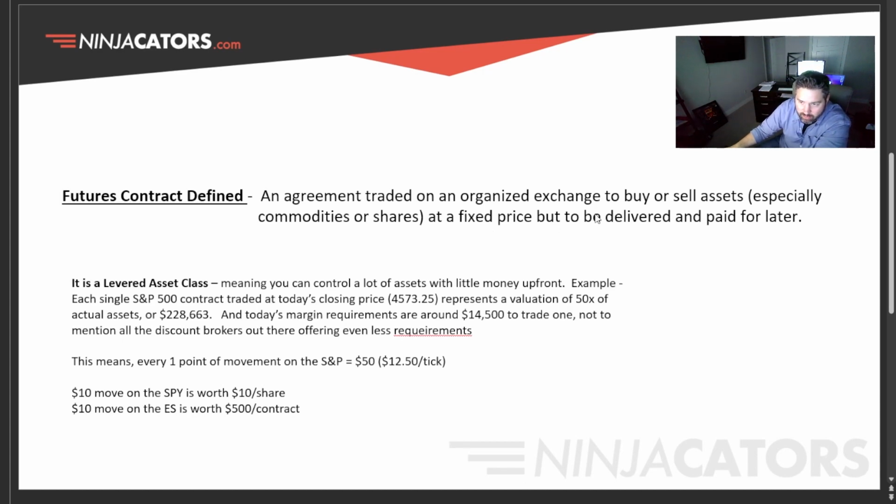Let me give you an example. Corn, for example. Farmers back in the day, this was initially designed so that farmers could hedge their bets early on their harvest. If they were really uncertain about prices upcoming in the future during or before their harvest, they could contract with a speculator who would then give them X amount of dollars for their corn today, for them to deliver after harvest at a specific contractual date in the future.